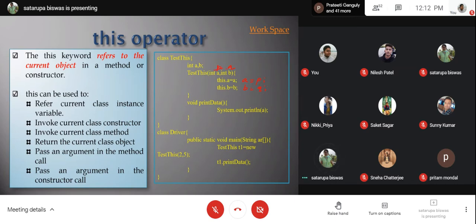But if the local variables have the same name as the instance variables, and using the same format, if you try to write a equal to a and b equal to b, then according to the locality of reference, which a and b is more local here? Inside this Test method, which a and b will be more local? The instance variables or the temporary variables? What do you think? Which one will be the more local?